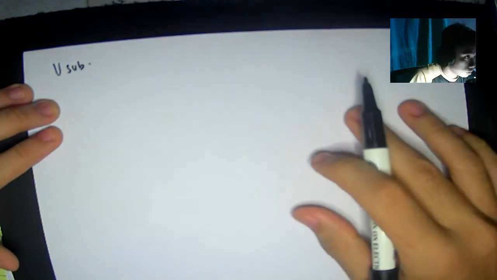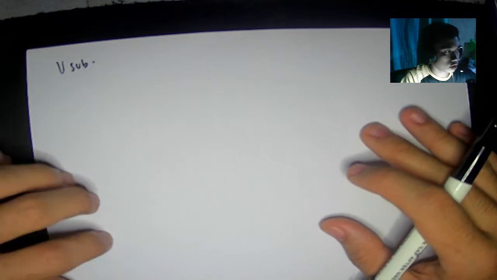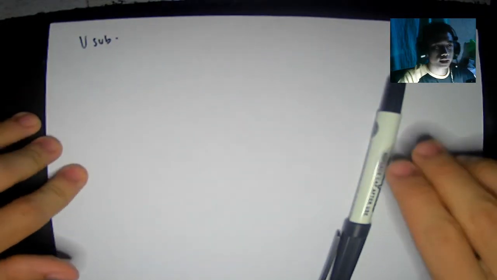So, first, let's review u substitution. U substitution is substituting the harder part of the integration or the function by u, for you to have an easier time integrating. So, example 1,